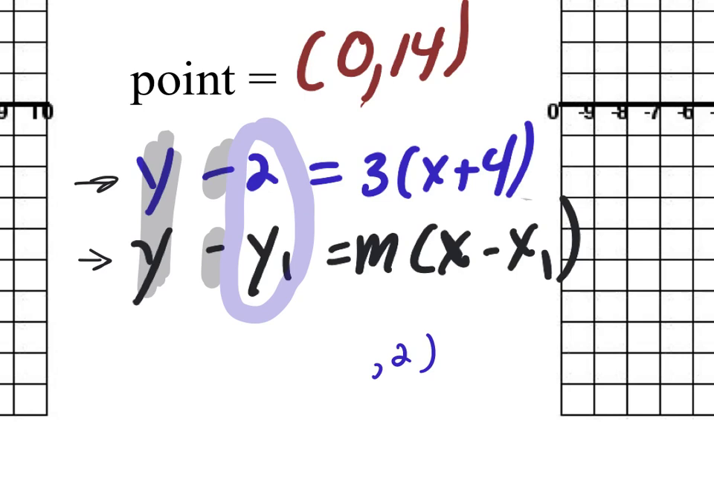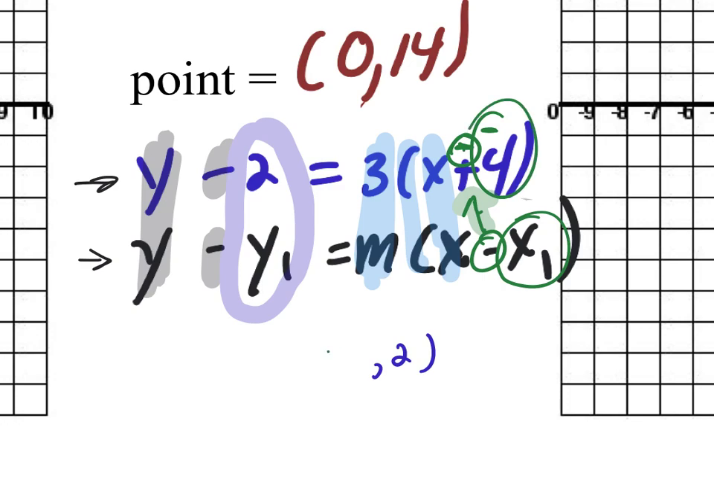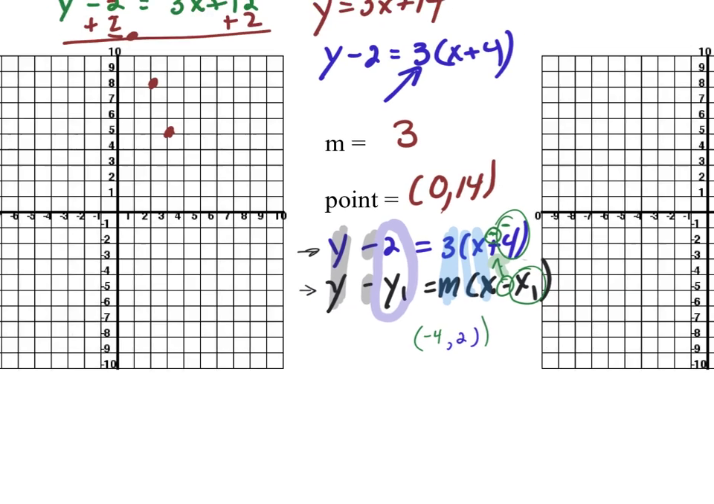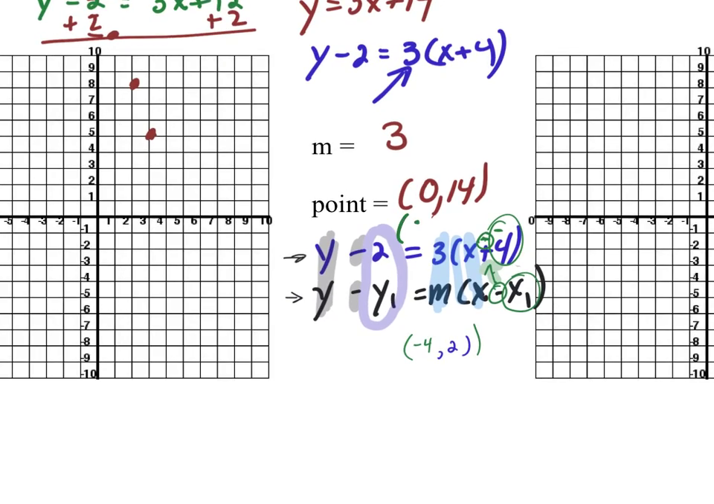Again, comparing parts. M is the 3, I already knew that. My parenthesis, x's line up. My plus sign, though, does not line up with my minus sign. Okay, and so that means this must be a minus -4. Because if I think of this as a minus, now my minuses line up, and my x1 is a -4. So if I use this point, -4, 2,